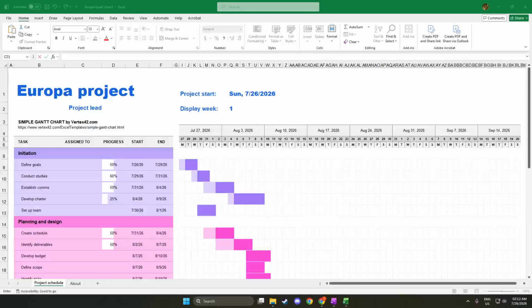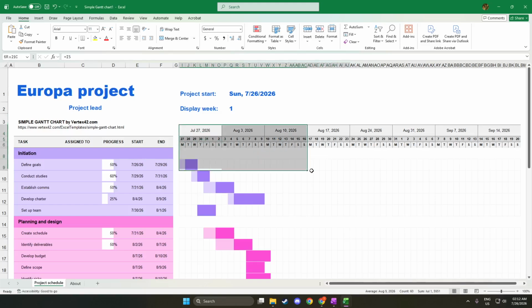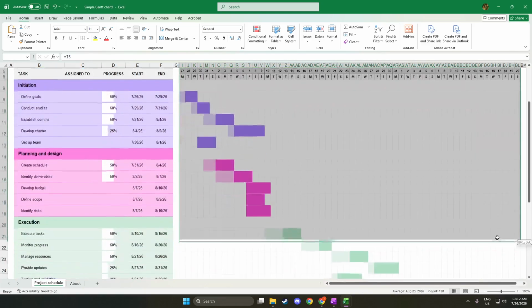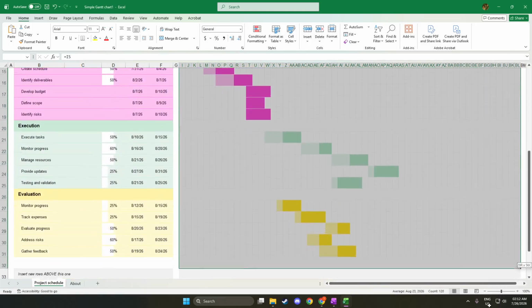In today's video, I'm going to teach you how to add a chart in OneNote. Let's start by copying the chart from Excel. First, open your Excel file that contains the chart you want to use. Select the entire chart by clicking on it. You will see a border appear around the chart, indicating that it is selected.